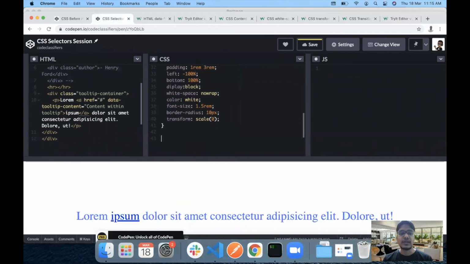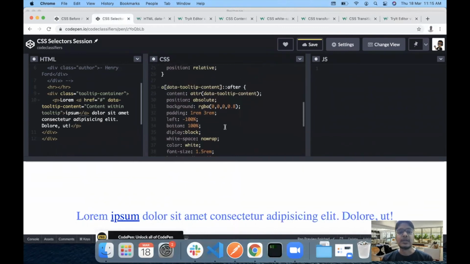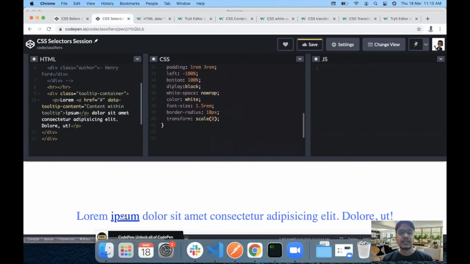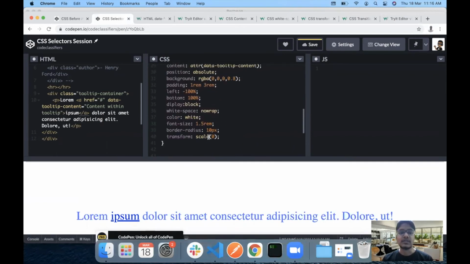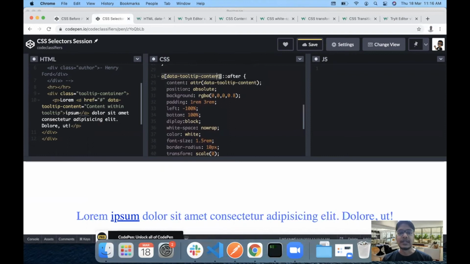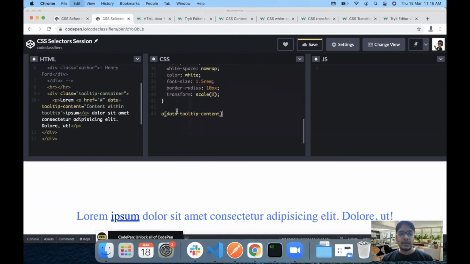The first thing we can do is add an attribute here, which is hover. Hover is the selector by which you can control what happens when the mouse is over this text. So we can pick up this a element again. Now in hover, I can change the color of the text. Let's say I set the color to black, for example. So on hover, the text color will change to black. Now in our case, I don't want to change the color, but I want to show my tooltip.